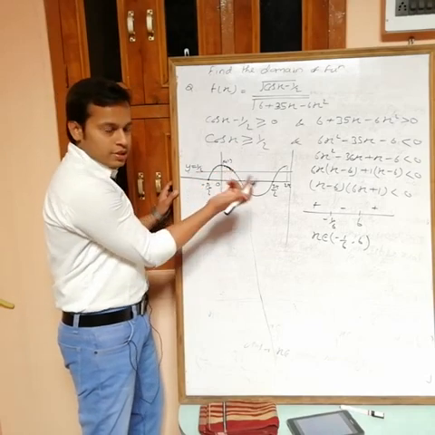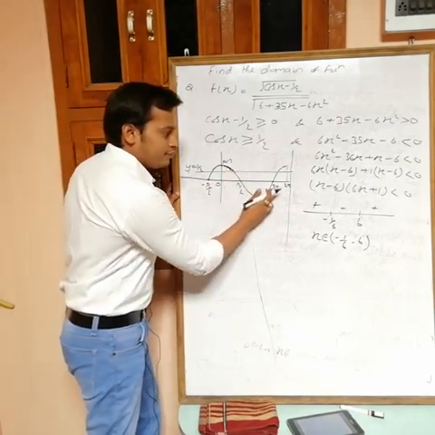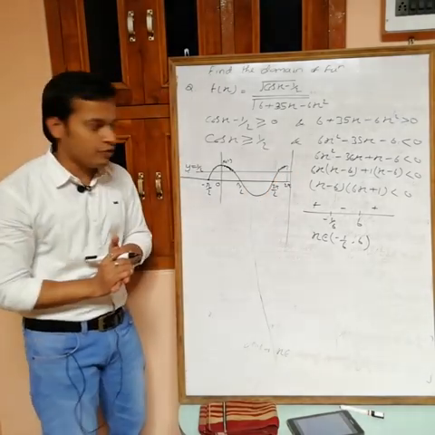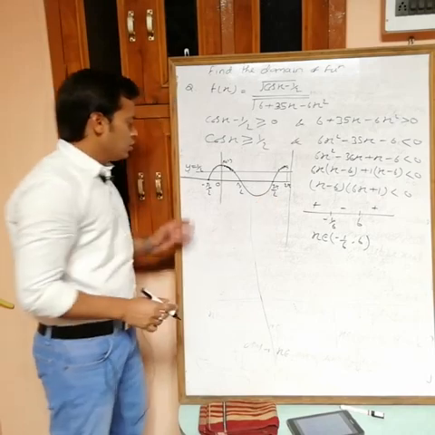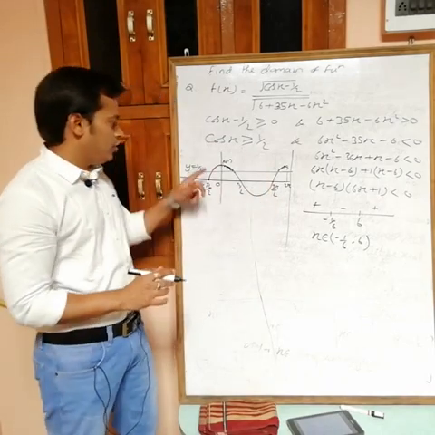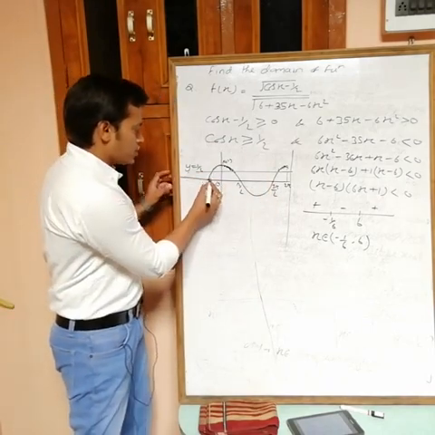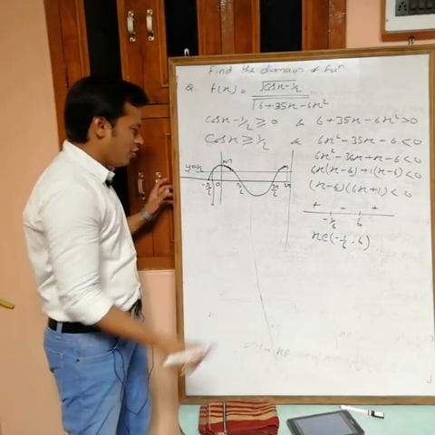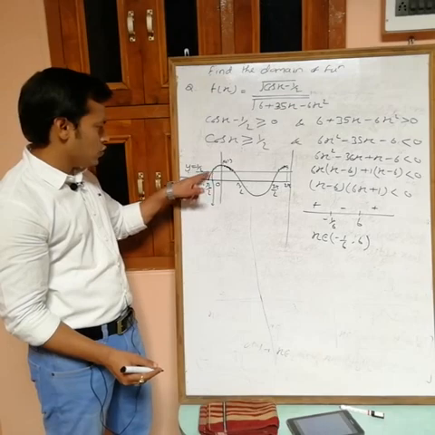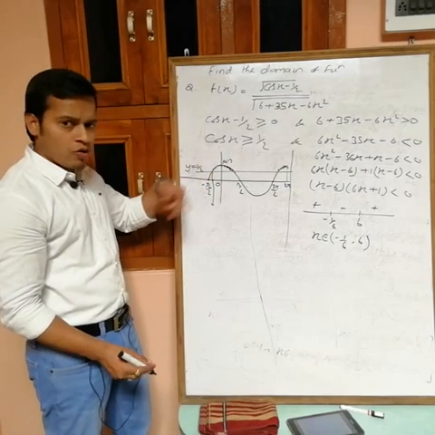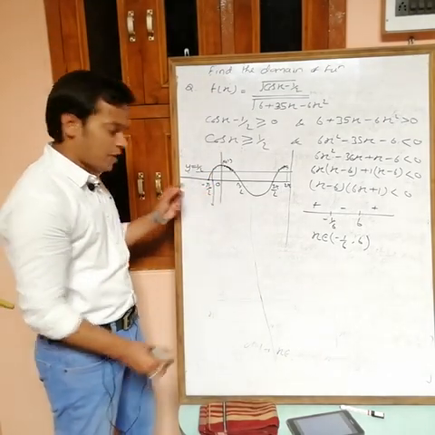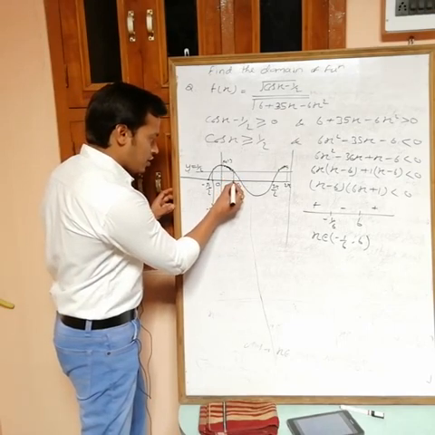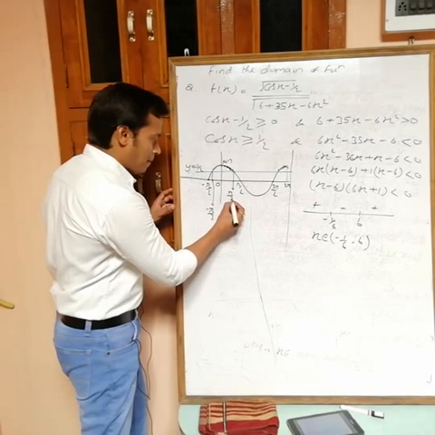For this, cos x is greater than 1 by 2, so you can't take these. Again for these, cos x is greater than or equal to 1 by 2. So from this one to this one we have only these corresponding x. Can you find the value of x at this point? Obviously, here cos x equals 1 by 2, so this one is minus pi by 3, and this value of x is pi by 3.